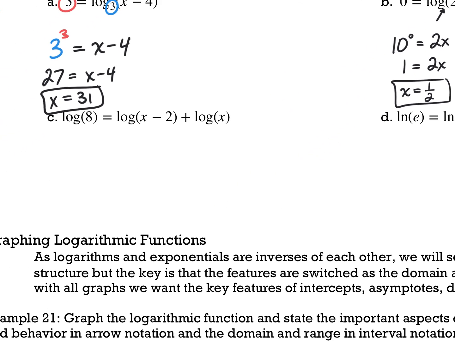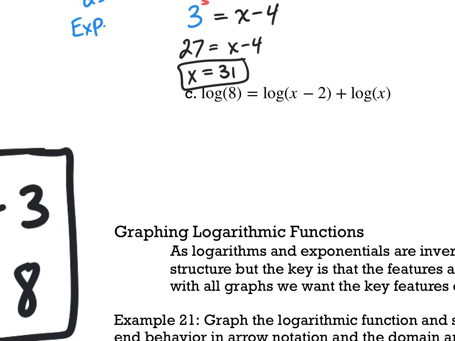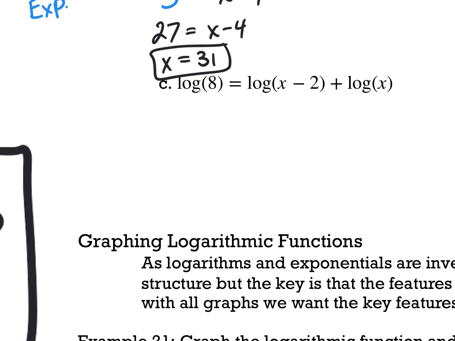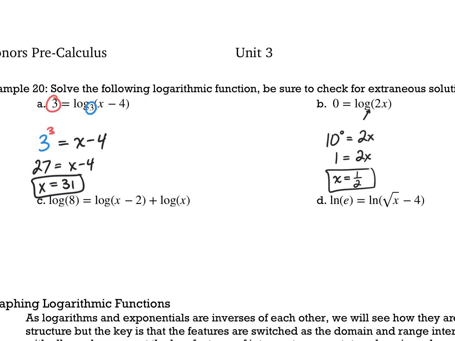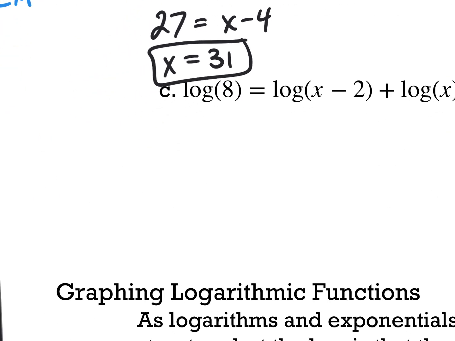All right, team, we're almost there. We've got two more examples to look at. So here we have a situation where we have multiple logs, right? In the first two, we had a single log in each expression. Here, if we have multiple logs, we want to start by condensing, and then set arguments equal. And then again, we will check for an